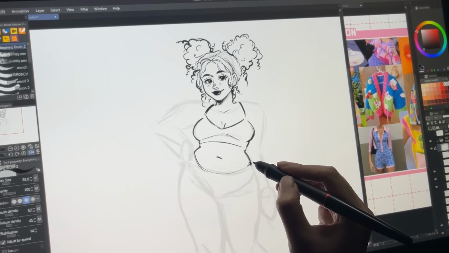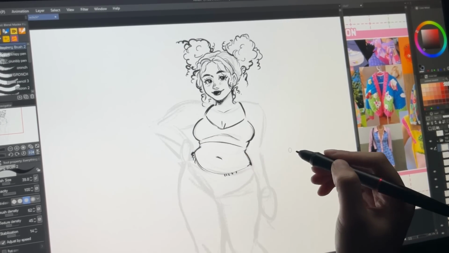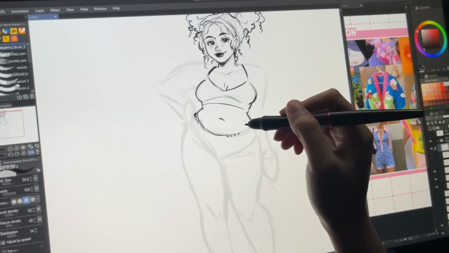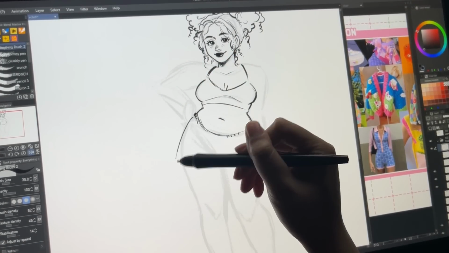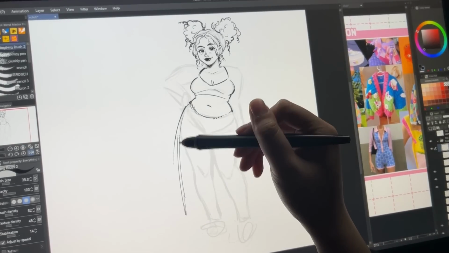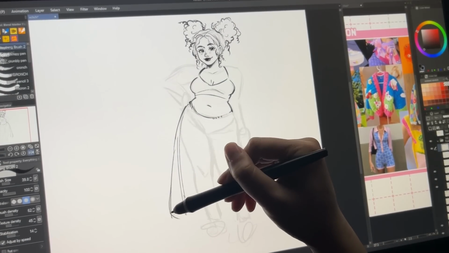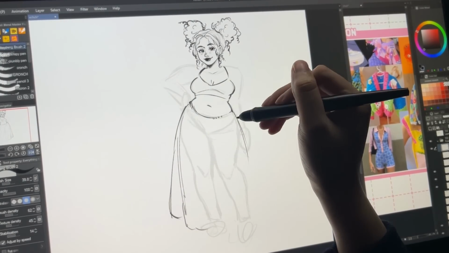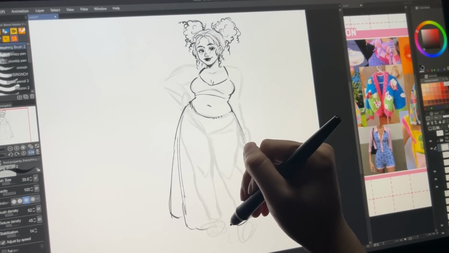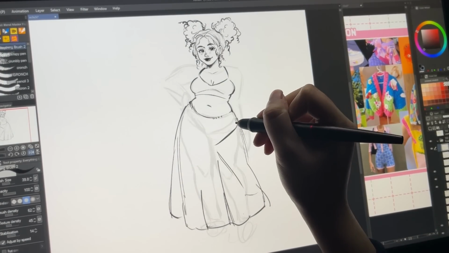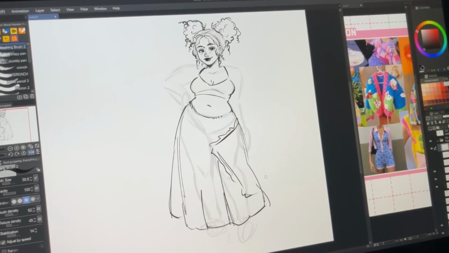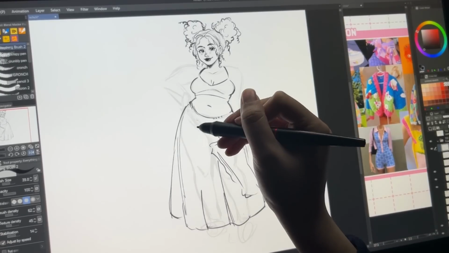And again, I didn't want to cover up her stomach, so I made her skirt low-waisted, which honestly feels uncomfortable, because if you've ever worn something low-waisted, you know it's not the most comfortable thing. When I was looking up references of plus-size girls in skirts, most of them were wearing high-waisted skirts, but I was like, I don't want to cover up her belly button.